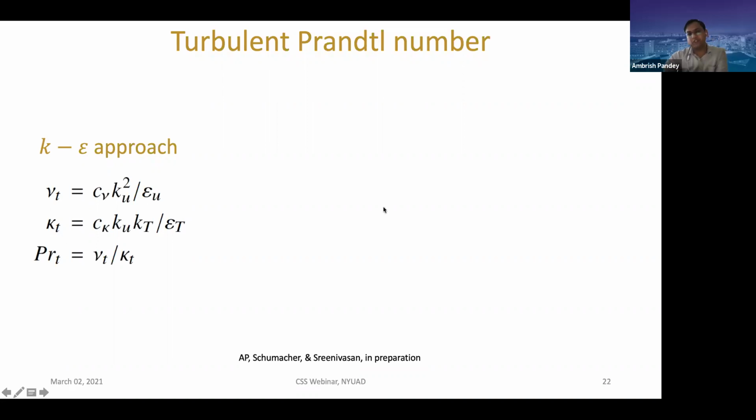So the idea is that if you have a turbulent flow, then lots of mixing occurs due to these turbulent fluctuations. And these mixing processes correspond to turbulent viscosity or diffusivity, and by computing the ratio of these two, you can get the turbulent Prandtl number. And we want to see what kind of turbulent Prandtl number may be there